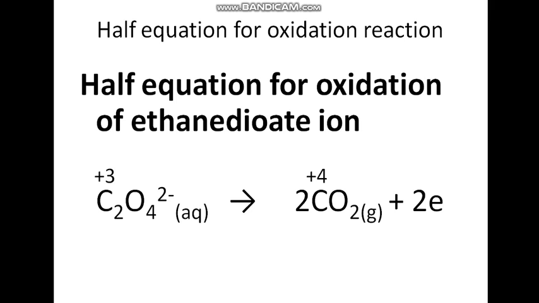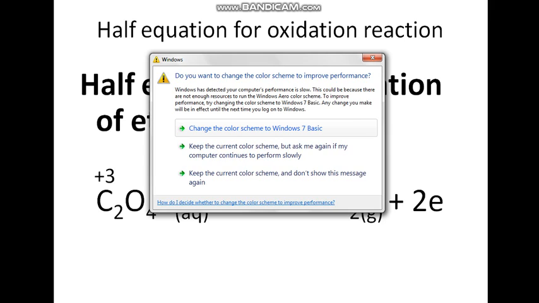The topic for discussion is writing half equation for oxidation reaction. That is, writing half equation for reducing agent. Example 1. I want to look at the oxidation of sodium ethanedioate solution with the formula